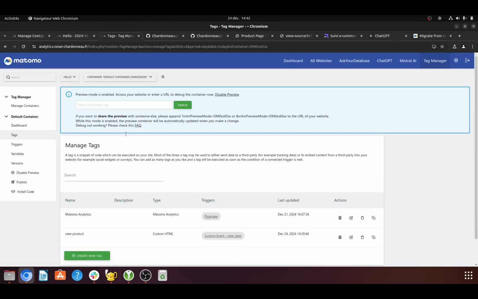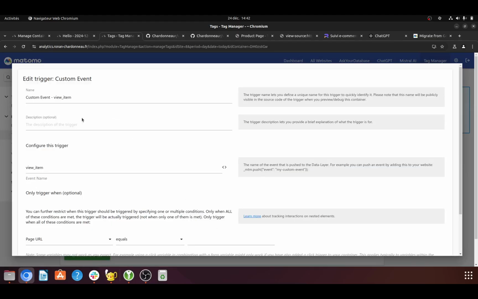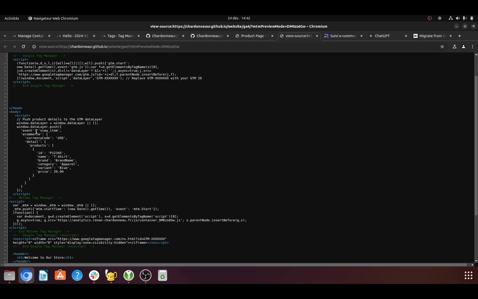The remaining step is to create a custom event. Here the custom event is the view item, and this one is also automatically recognized by the view item push. So as long as you get the two, the e-commerce variable that we just saw